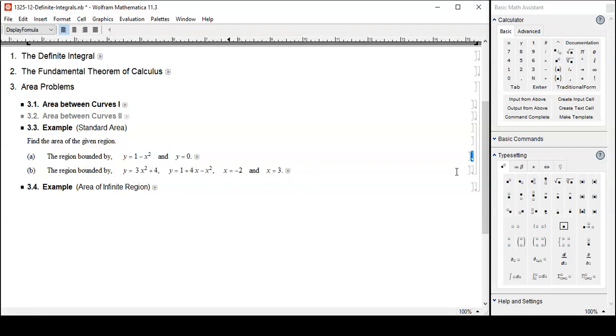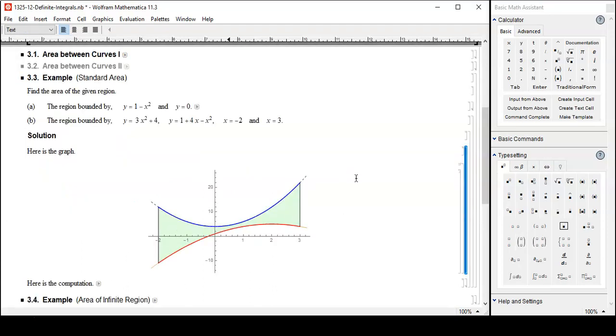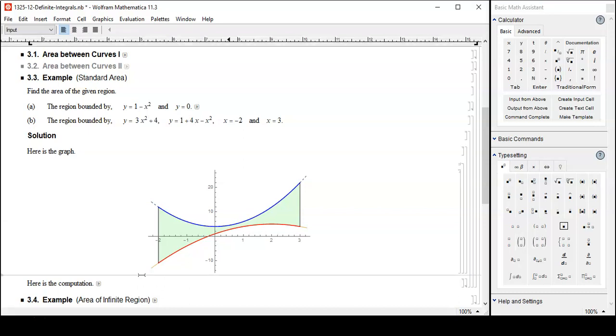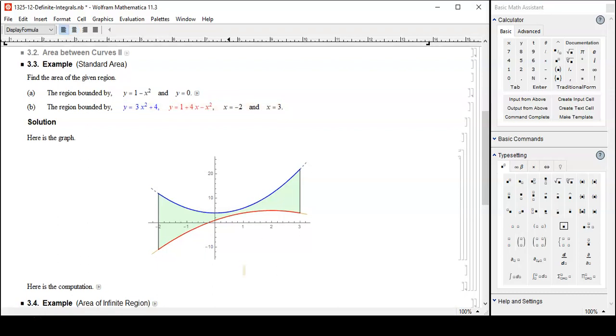Some quadratic functions. If you graph those, we get graph kind of like this. So what do we do? Upper function minus lower function. So this is the upper function, blue, and that's the lower function, red. And if you plot those, you'll see. So the area is gonna be